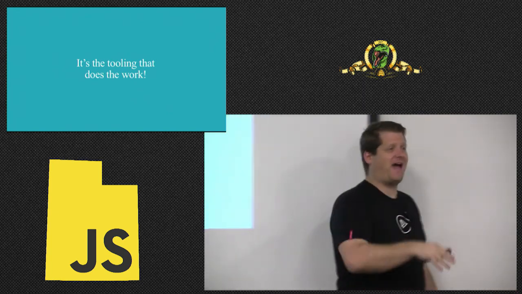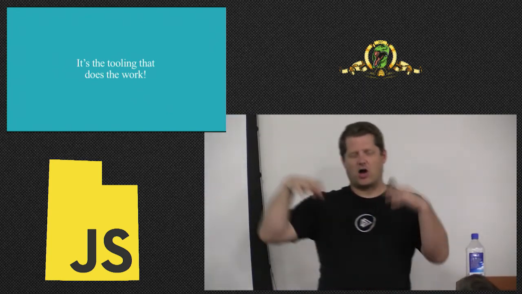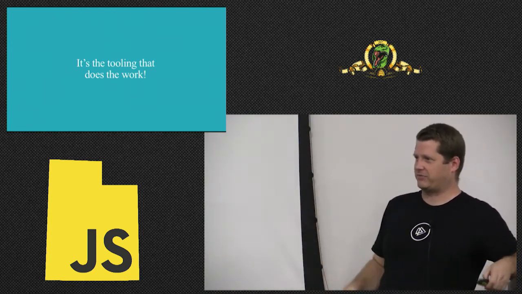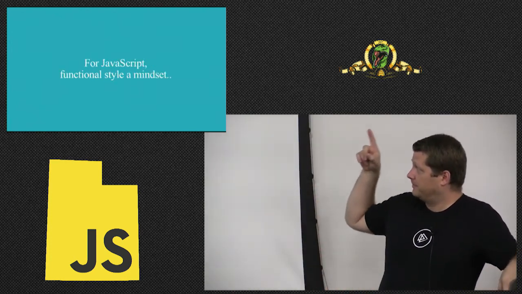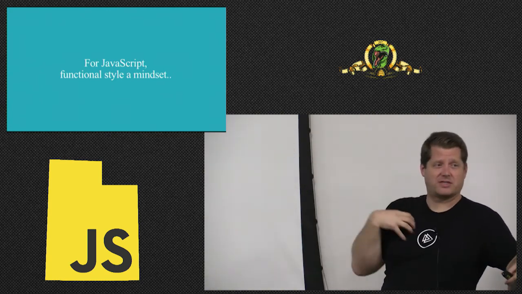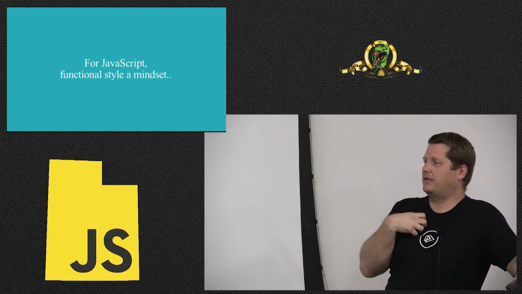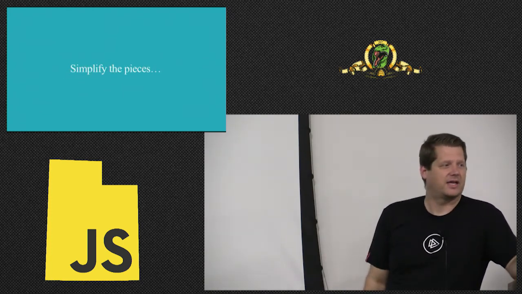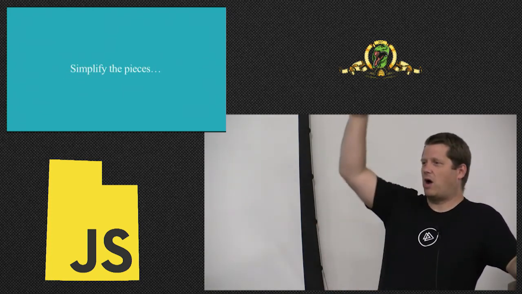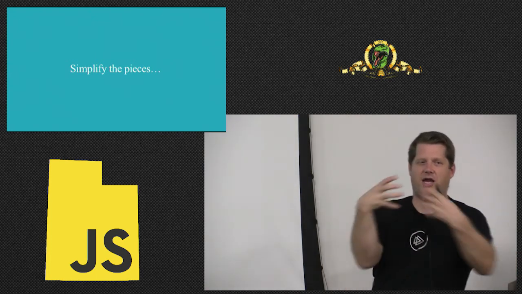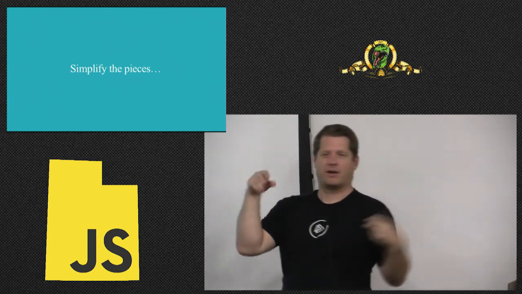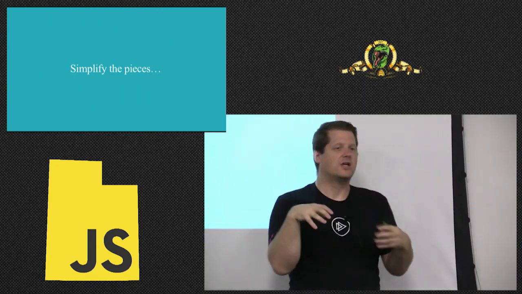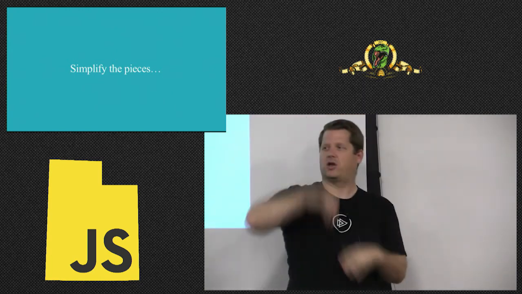But despite the fact that it's all still make-believe and pretend, and we're just trying to mess around with this stuff, for us, for JavaScript developers, we adopt a mindset, right? And the mindset is, I'm going to simplify everything I can. If I'm writing a wall of code to try and do something, I'm going to start pulling all that stuff apart. I'm going to write little functions here and there that are going to do things for me so I don't have to understand what a wall of code looks like.